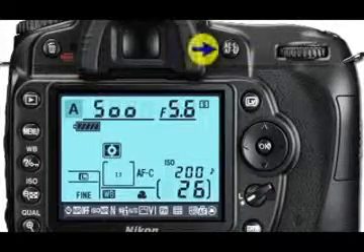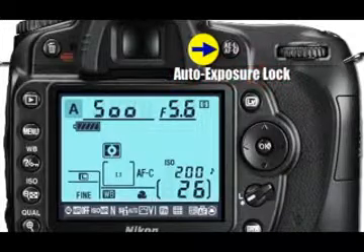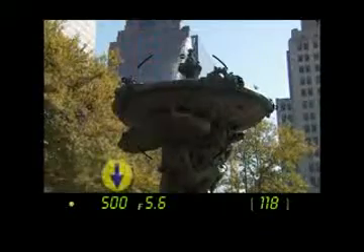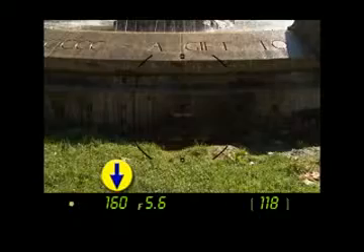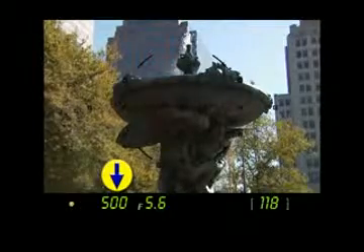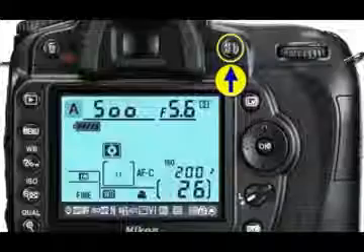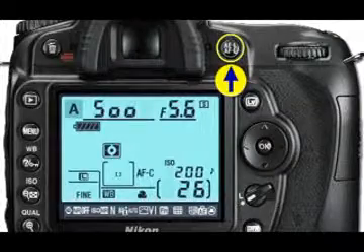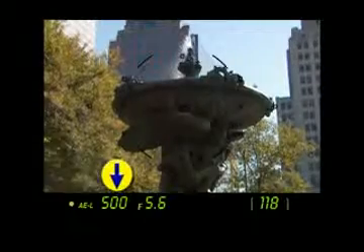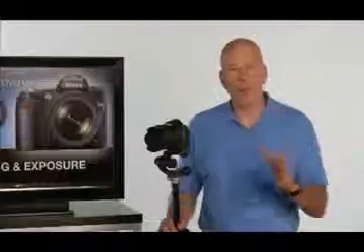Another easy way to manipulate the exposure setting is with the Auto Exposure Lock button. Now, under normal operation, the camera continually updates the exposure settings whenever the scene appears to get brighter or darker. Most of the time, that's exactly what you want the camera to do. But sometimes you don't want it to change the settings. By holding down the Auto Exposure Lock button, you can freeze the current exposure settings where they are so they won't change when you reframe your shot. You should be warned, though, that with